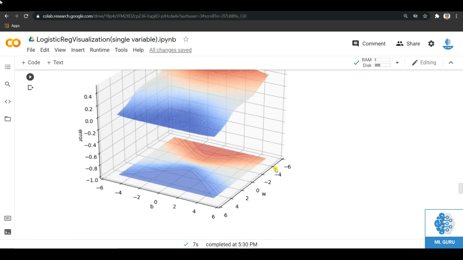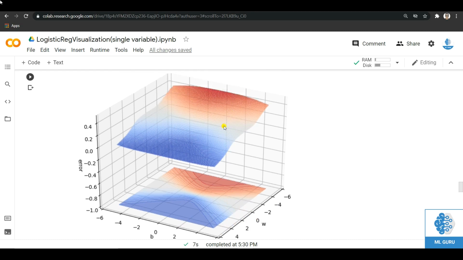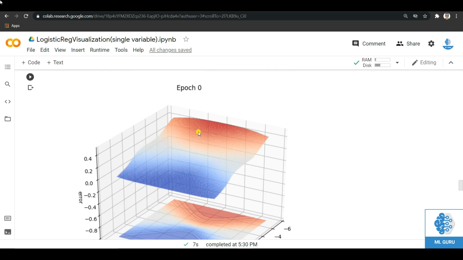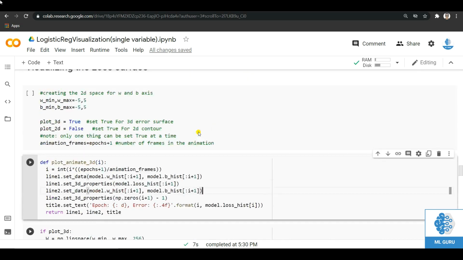As you can see, on the two axes below we have the values of w and b. And as you know, for each particular pair of values, let's say w equal to 0 and b equal to 4, for this particular point you will have some loss value on your data set. So for all the possible combinations in this 2D grid of w and b, you will have a particular value of loss associated with it. So we are doing the same thing.